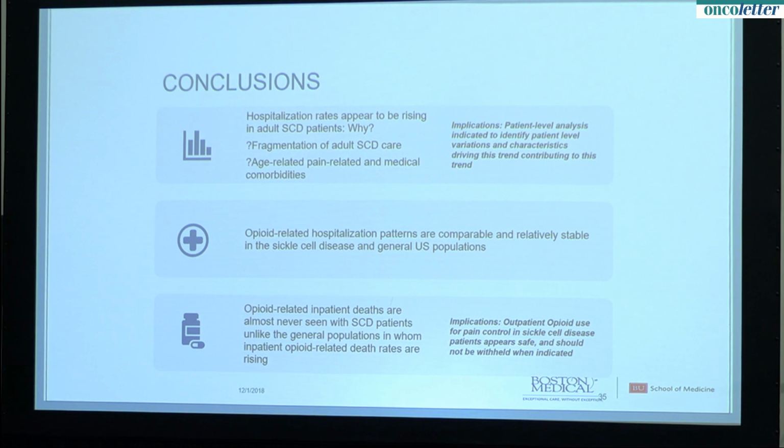So what were the conclusions from our study? We find out that opioid hospitalization rates appear to be rising, at least among subgroups, among adult subpopulations with sickle cell disease. Those aged 18 to 44 and those who are elderly above 65. And this begs the question, why? While we didn't exactly examine that in this study, prior literature suggests that this might be related to fragmentation of care in the adult sickle cell disease population, as well as an increase in age-related